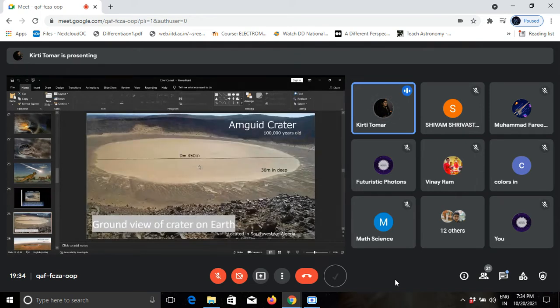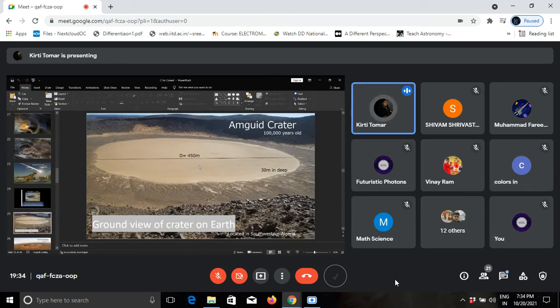Now, Amguid crater is about 100,000 years old, a relatively young crater, and it is the result of a meteorite impact about 100,000 years ago. It is located in a remote area in southwestern Algeria.